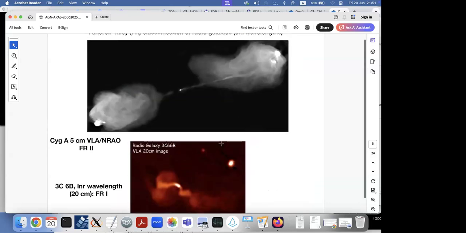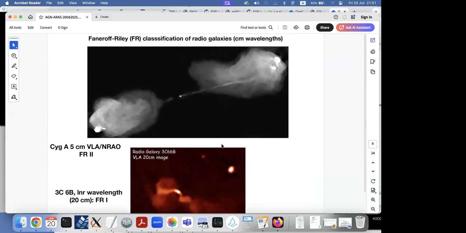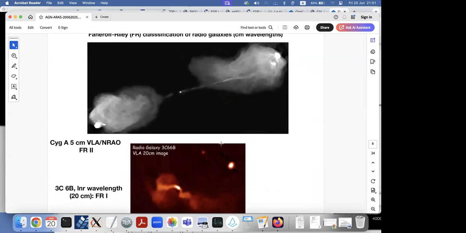This is another class of radio galaxies. That is, these come in two varieties. You've got to love astronomical taxonomy, right? That if you have three objects, you divide them into two categories. Okay, these were divided because